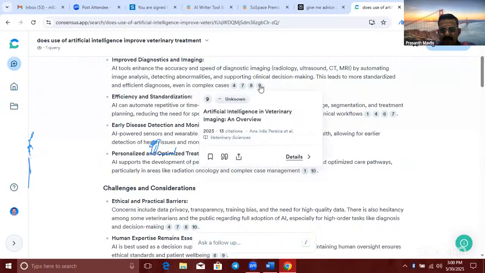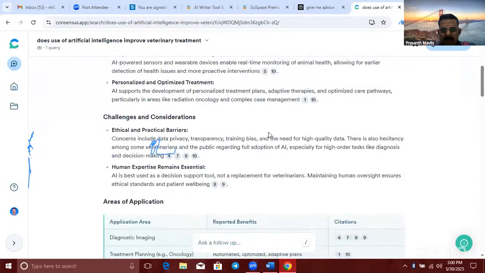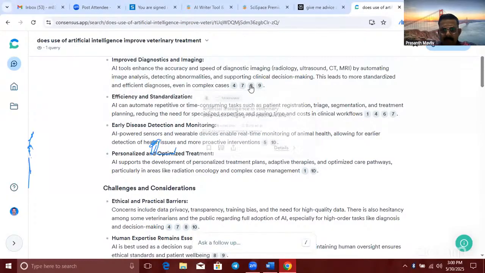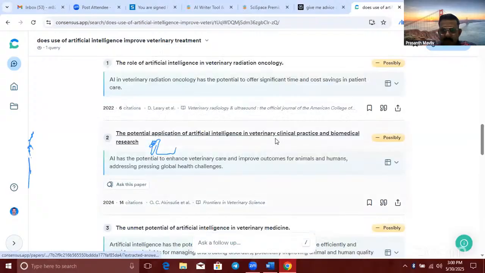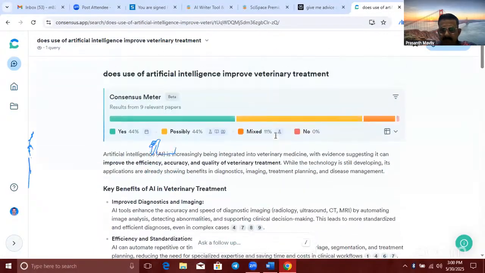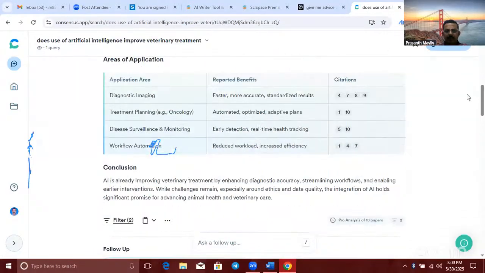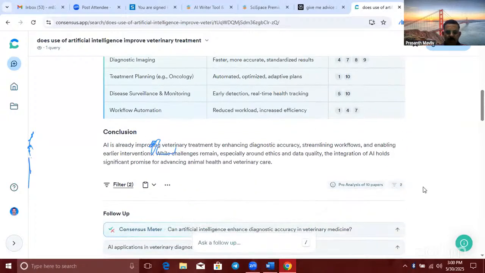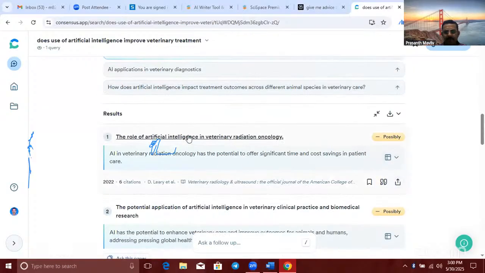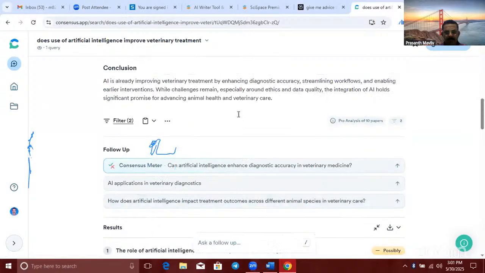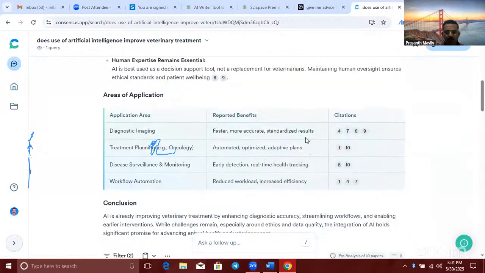This data is taken from these 4 papers, and if you want to view a paper, you can go to it. The papers are given downwards, and the areas of application are also given, along with a small conclusion. After that, you will get each and every paper mentioned in the small highlight above.